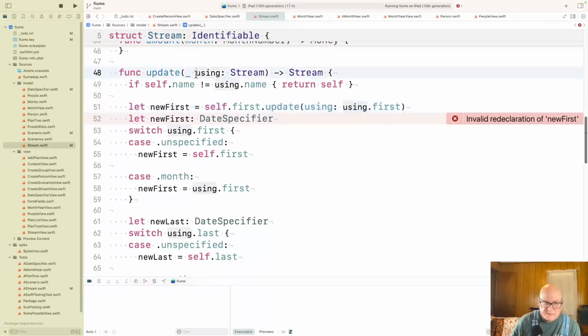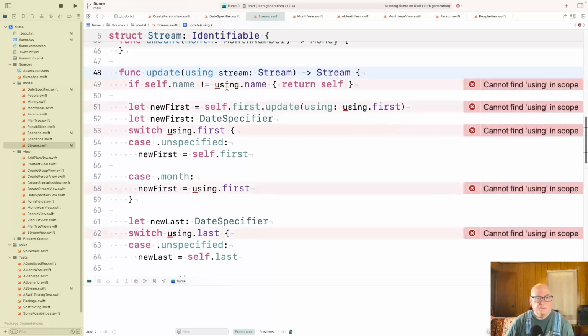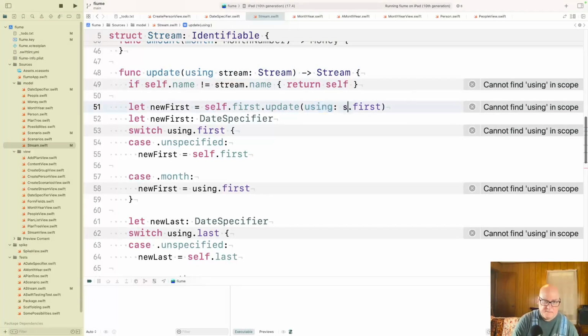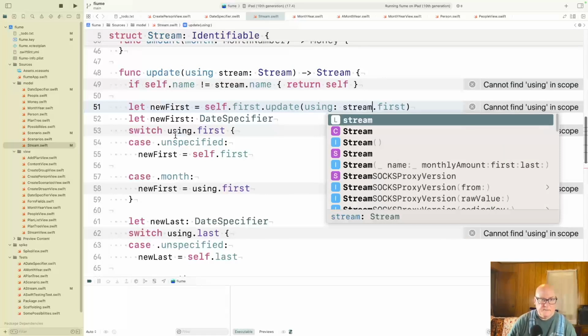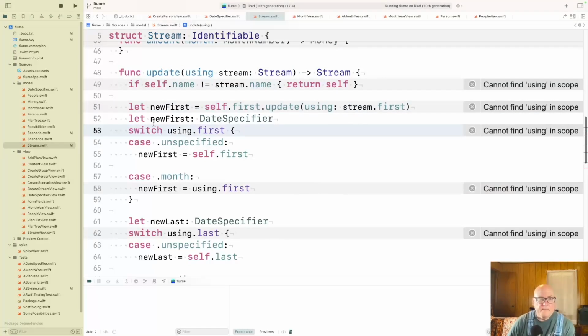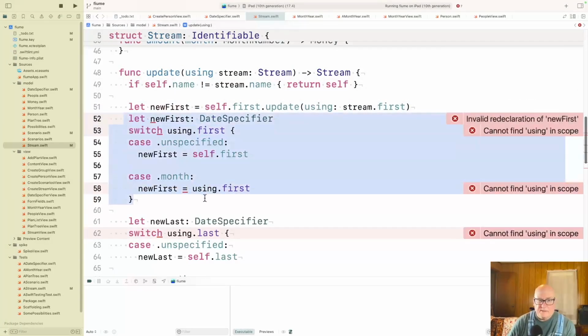Okay, let's make this required. And then I'll use stream in here. Is that going to work? Okay, so that should take out this.